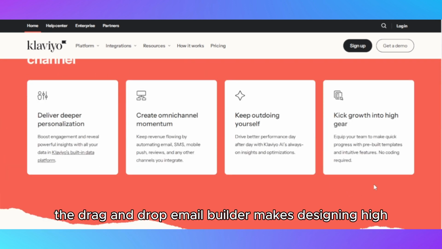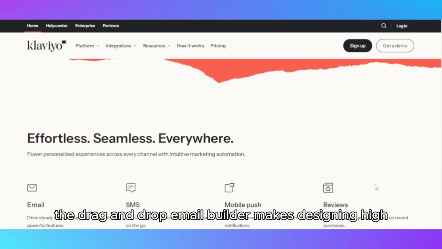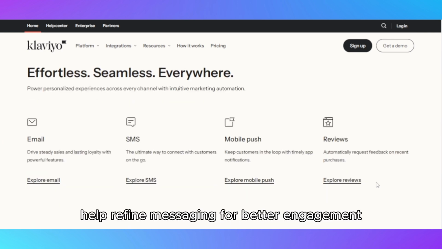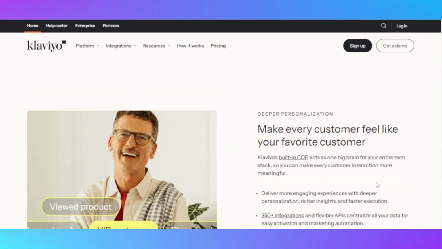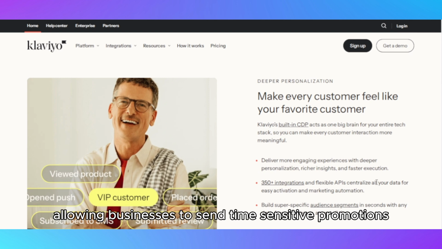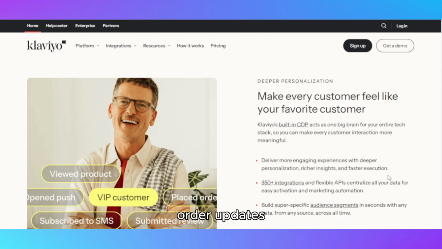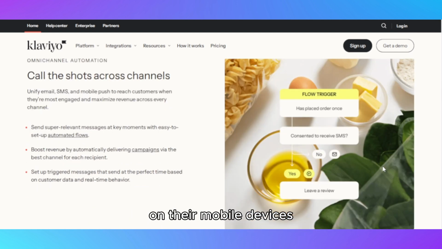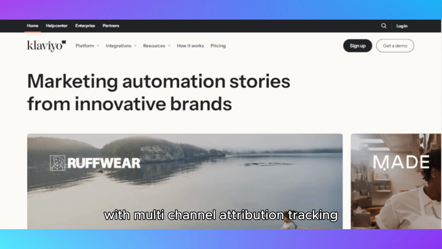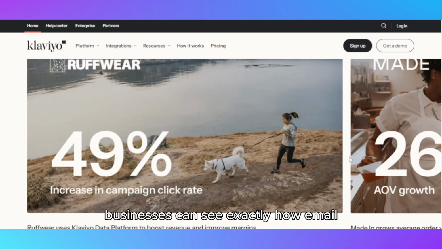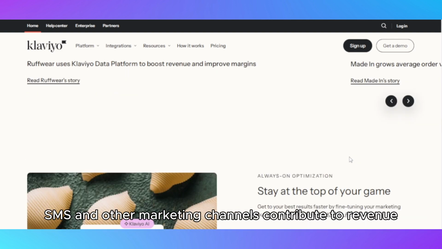The drag-and-drop email builder makes designing high-converting emails easy, and A/B testing tools help refine messaging for better engagement. Klaviyo also provides SMS marketing automation, allowing businesses to send time-sensitive promotions, order updates, and personalized messages to customers directly on their mobile devices. With multi-channel attribution tracking, businesses can see exactly how email, SMS, and other marketing channels contribute